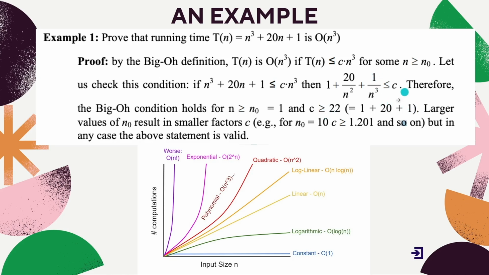So, in our case whatever be the value we apply for n, on any account it will always be less than 22, because that is the value we have set up for c to be either 22 or any value greater than 22. So, whatever be the value you give for n, on any account it will be lesser than the value you fix up for c, and that is why we say that this algorithm's complexity is of the order of n